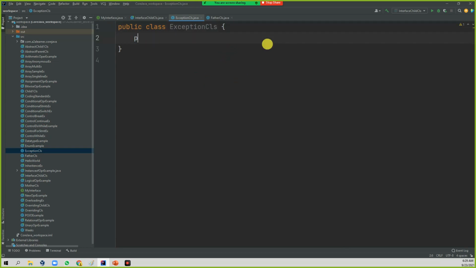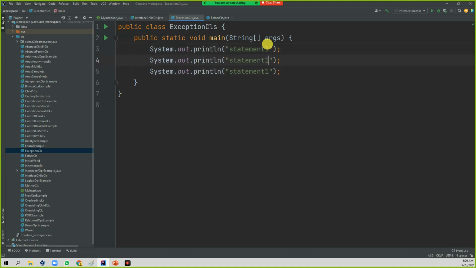Here, public static void main, sys out. Let's take statement one. We'll take multiple: statement two and three. So I have three statements.